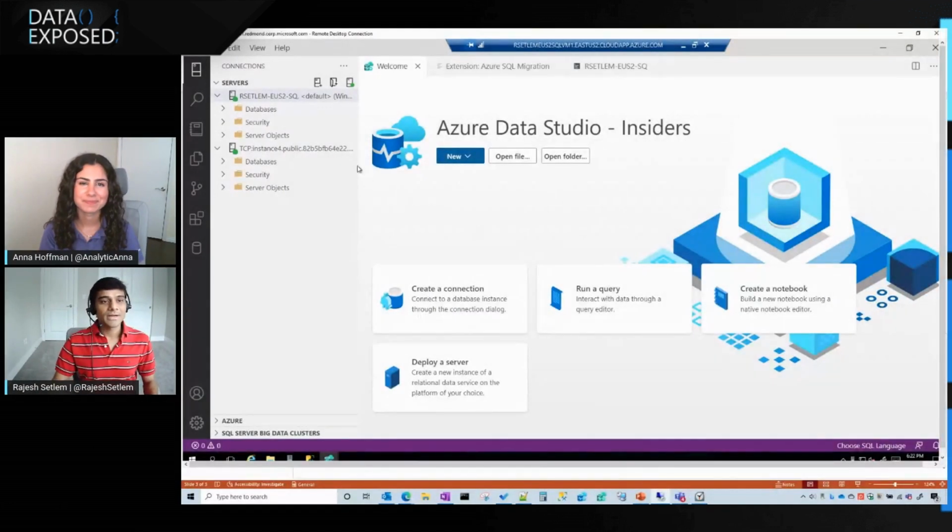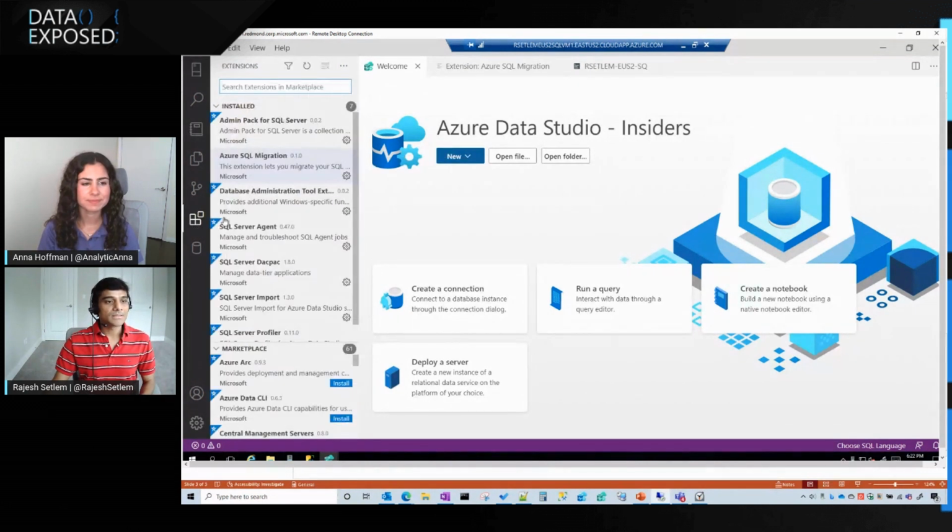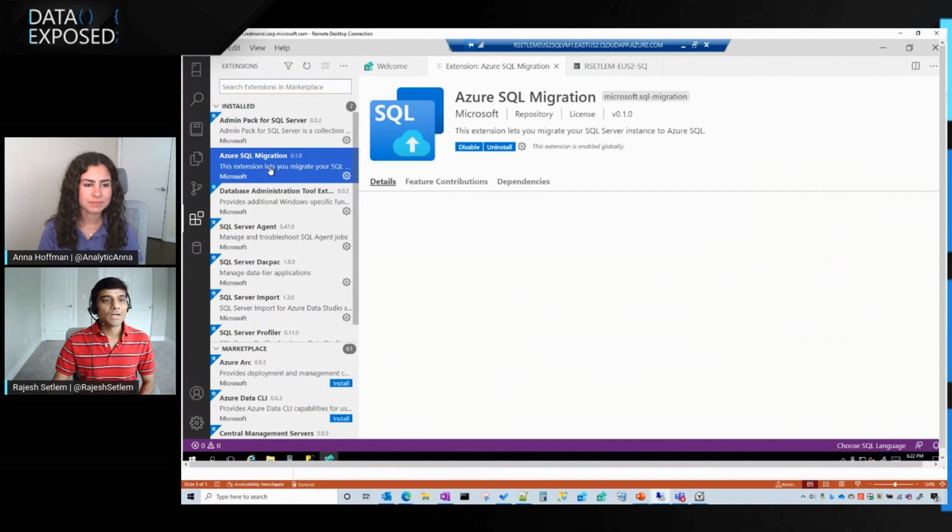Yes, that's true. All right, so let's get right into the demo part. So what I'm doing here is I have my Azure Data Studio. This is the Insiders build. And then I'm connecting to two of my SQL Server instances. So this is my source running on SQL VM, and this is my SQL managed instance, which I've connected to ADS. And what I have to do to get started is I go to the marketplace, look up the